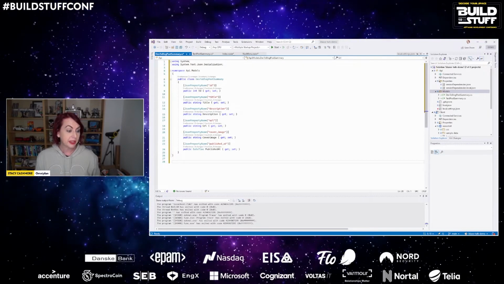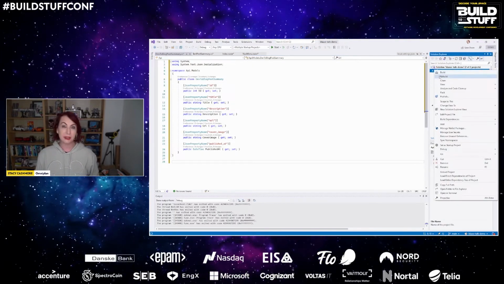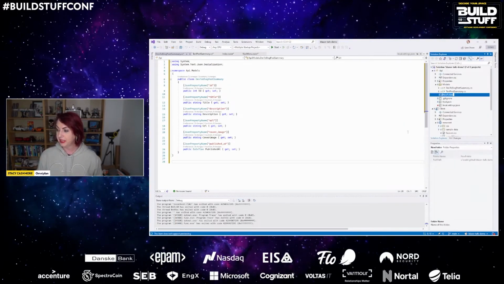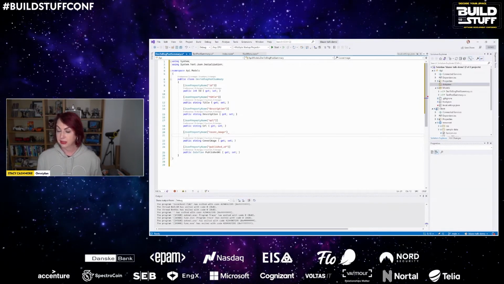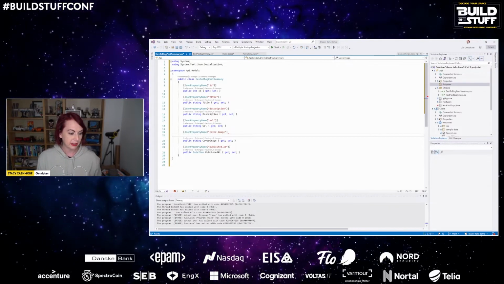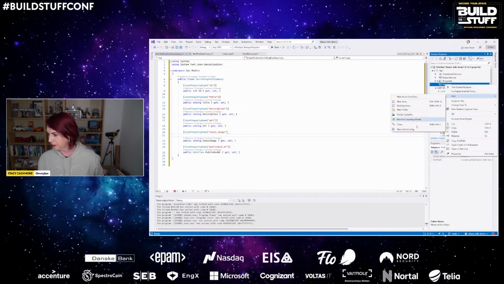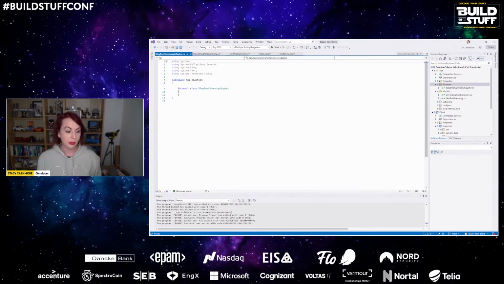Next one that we need to do is convert between the two. Now, in a production environment, I'm going to be using something like Automapper for this. I'm not going to write my own. However, setting up Automapper takes time. So I am actually going to add an adapter class for this. So that's going to be a blog post summary adapter. Just because I like giving myself tongue twisters when I'm doing a demo live on stage.